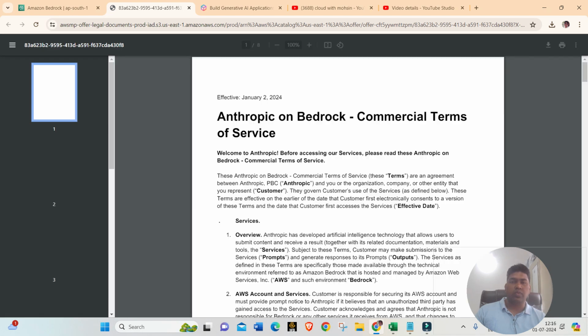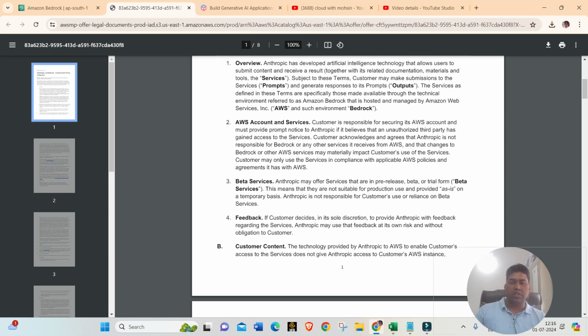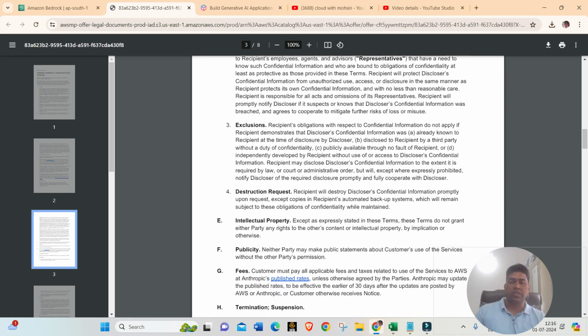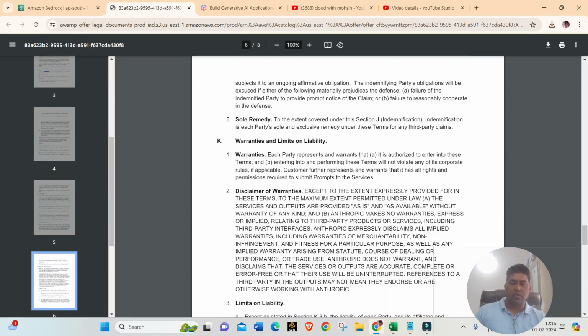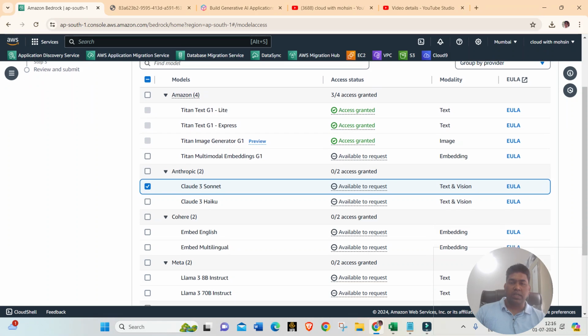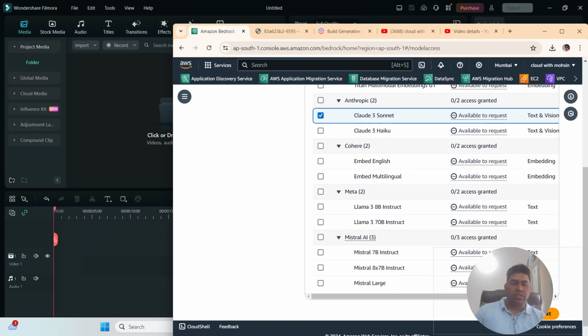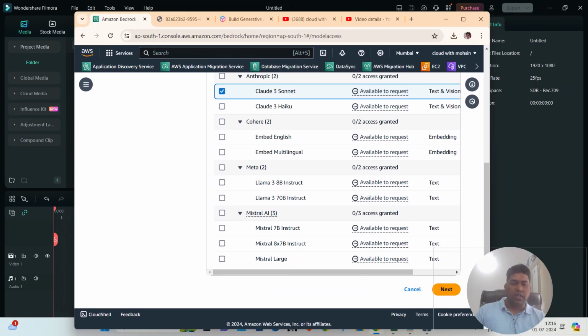You can go through the licensing terms and agreement with respect to this particular model, so that you can check it out. Once you come back, you can go down, and there's a button down here. Let me go here, and if I click on next,